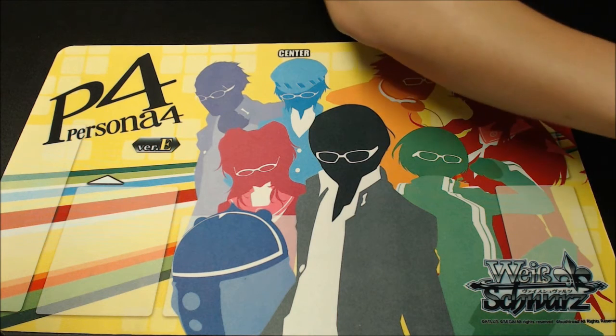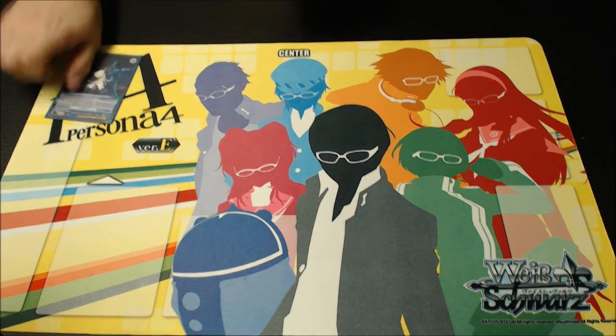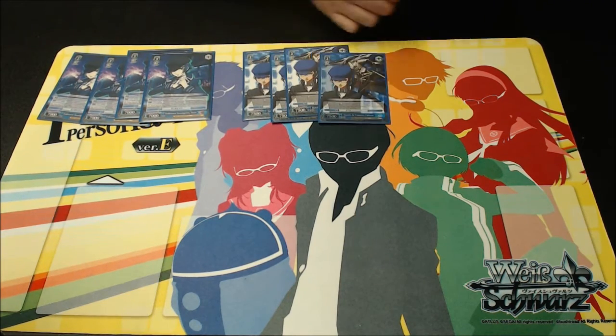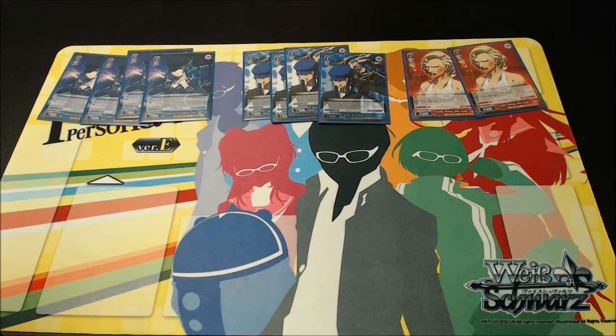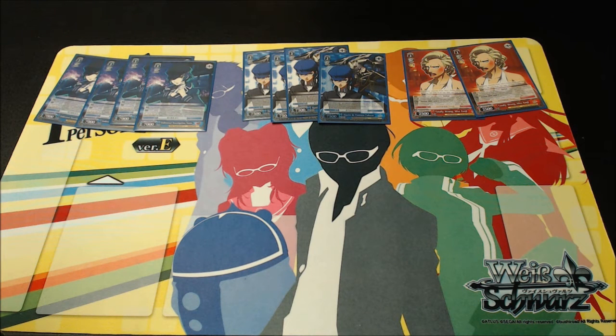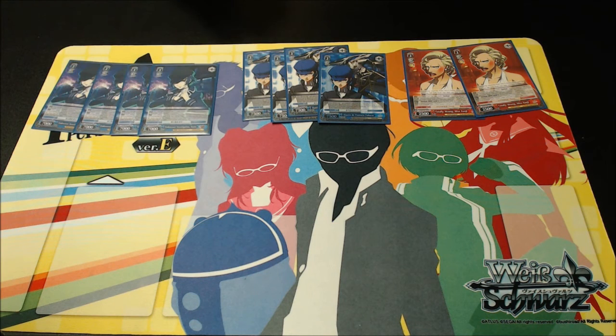Alright, for my level 2s, I run 1, 2, 3, 4, 5, 6, 7, 8, 9, 10. I run 10 level 2s. So to start off with, I run 4 the Undercover Investigation Naoto. This card here is pretty much almost my strongest card in the whole entire deck, but it's kind of only strongest on play because